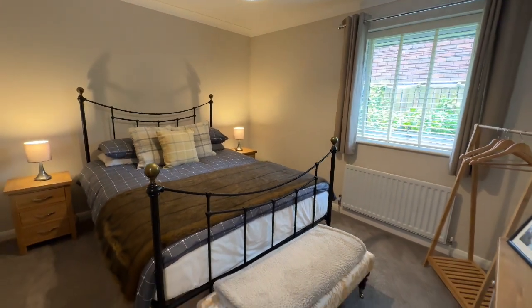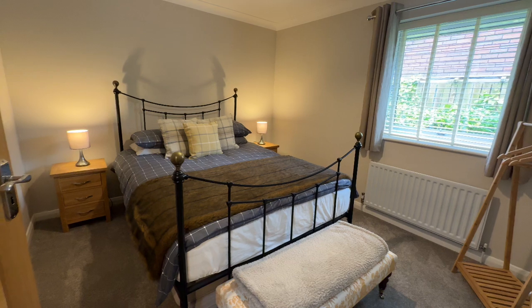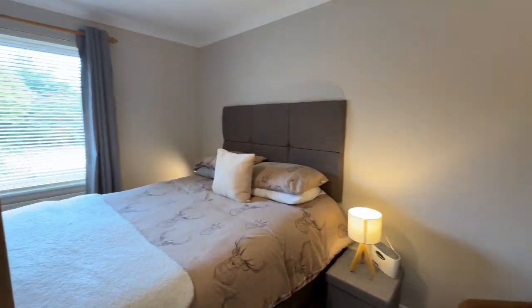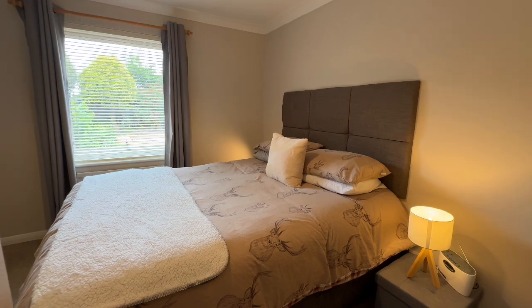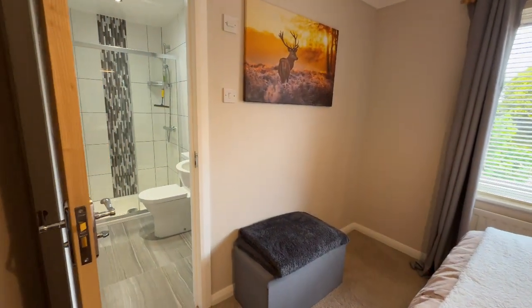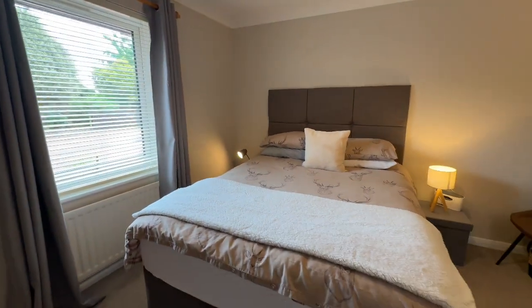And we've got two further bedrooms. So this is a large double room. As you can see, it's beautifully presented, and this is yet another bedroom here. So we've got three great sized doubles, a smaller room used as an office, and a whole host of reception rooms. This bathroom is an ensuite to the bedroom,